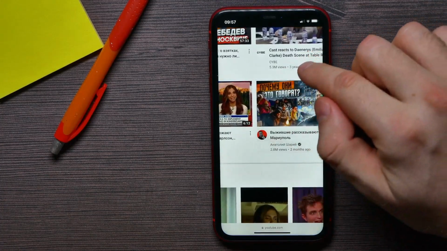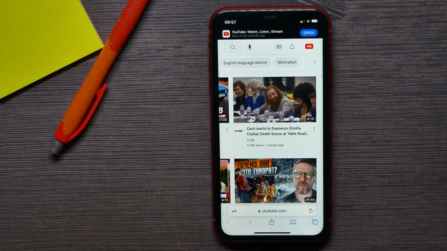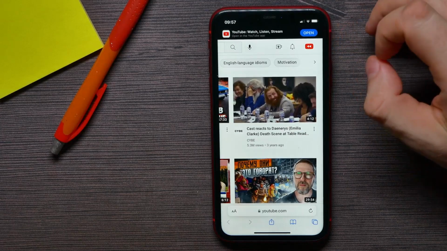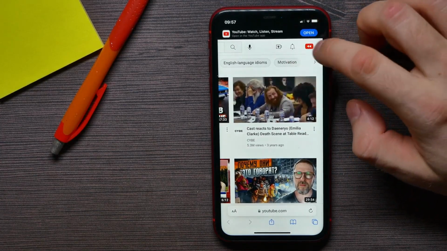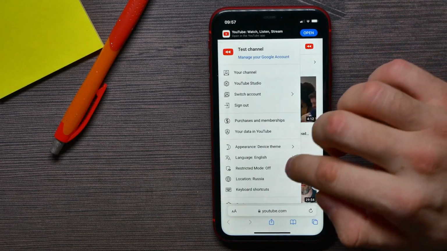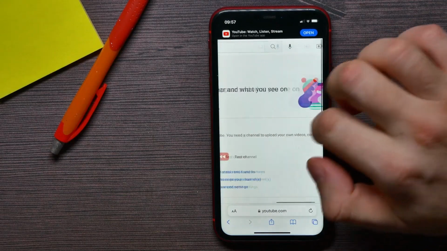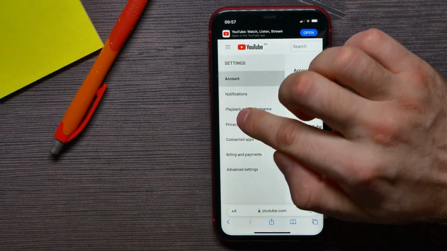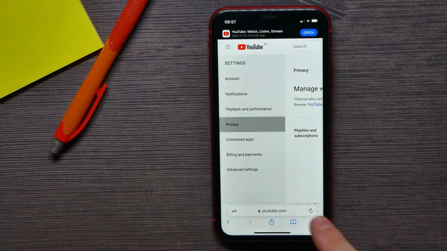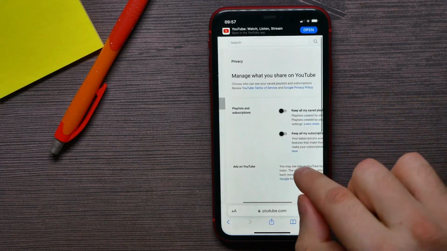So now, once you are on YouTube in the desktop version, first you have to log into your YouTube account. I have done that before, and once you did that, just hit there at your profile picture and there select settings. On settings, from the left vertical menu, hit Privacy, and now at Playlists and Subscriptions you have to